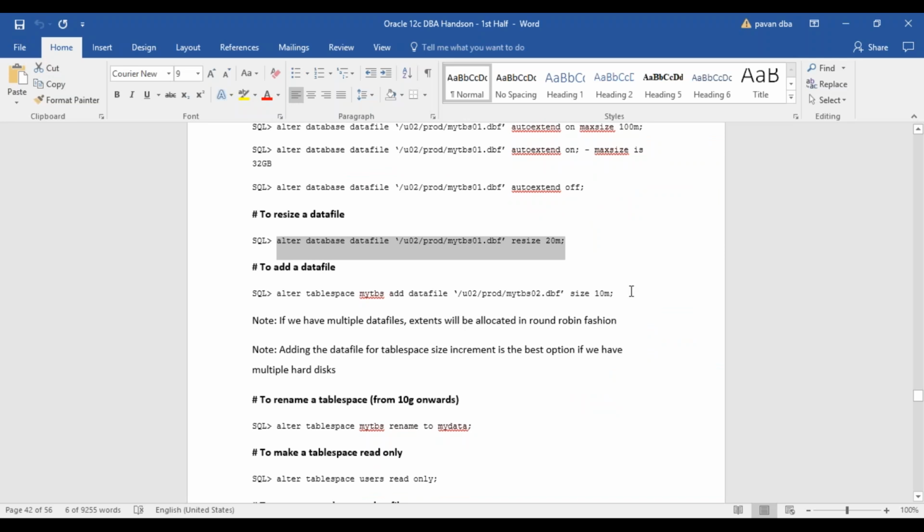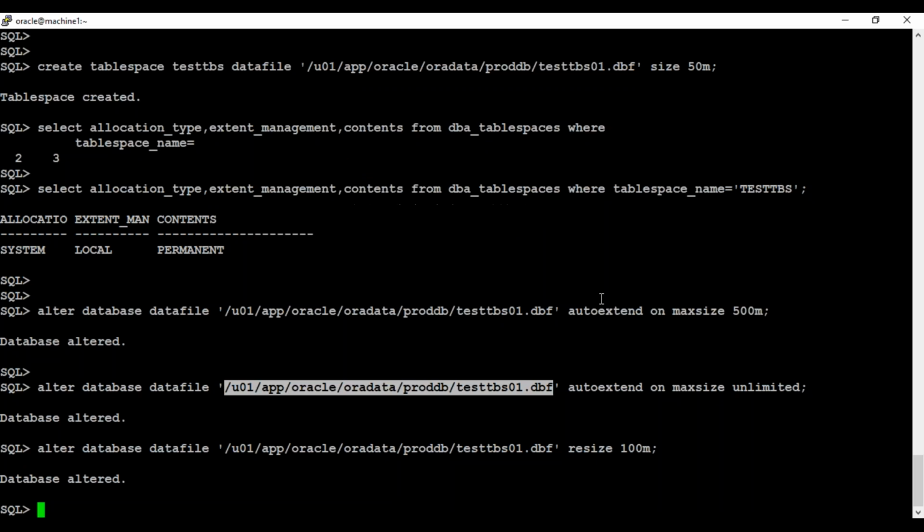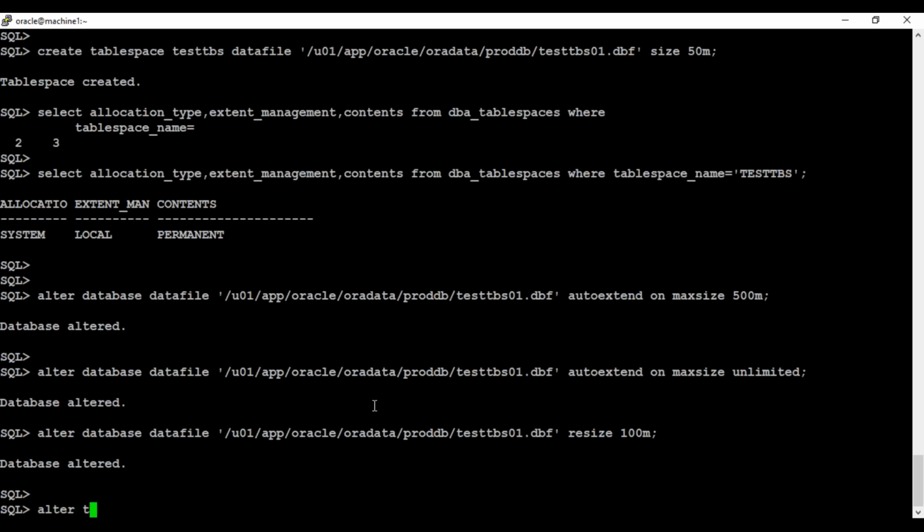Then we have an option to add a data file as well. Like I said, one data file can have a maximum size of 31 GB. So if one data file has reached its maximum limit of 31 GB, what do we need to do? We need to add a second data file. But while you are adding the second data file, always make sure that you are adding it on a separate hard disk in order to